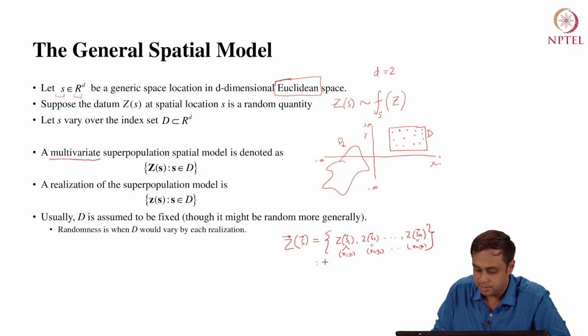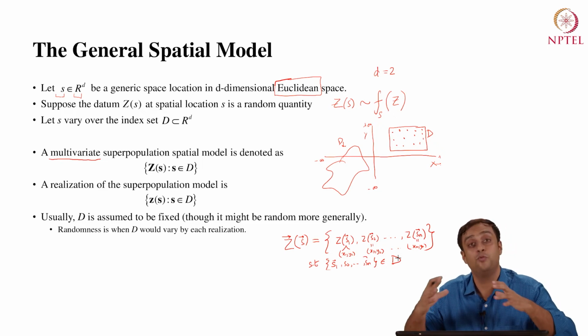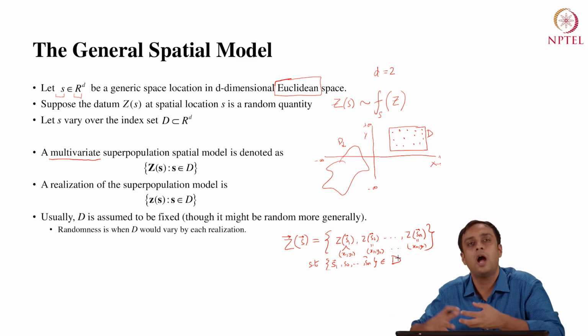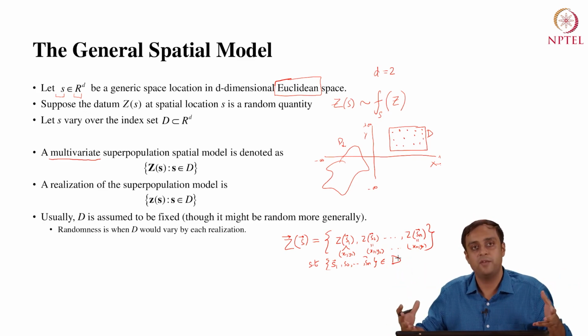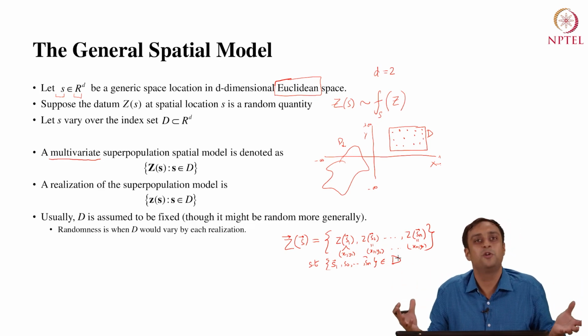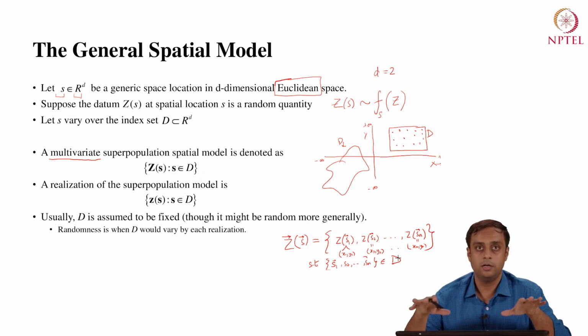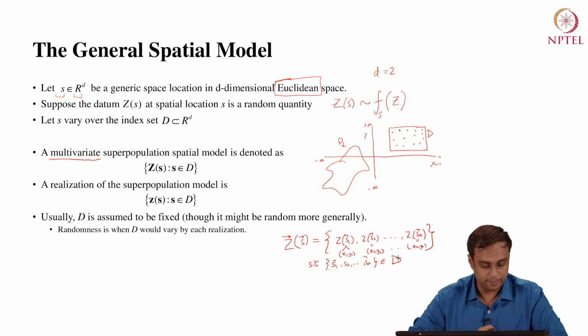Such that S1, S2, and so on up to Sn must lie in the domain of interest, right? So the analyst at least gets the choice to work with the domain that they want to work with, right? You can't really be working in an indefinite space to begin with, right? You need to be able to fix a domain for which you are going to observe data. You're not going to be able to observe data in a real space which is unbounded, right? That kind of analysis is intractable, so we do not do that. We fix D and we move forward from there.